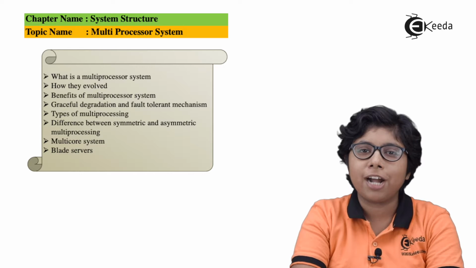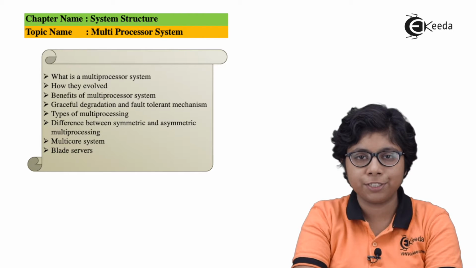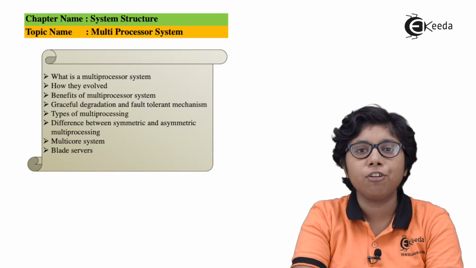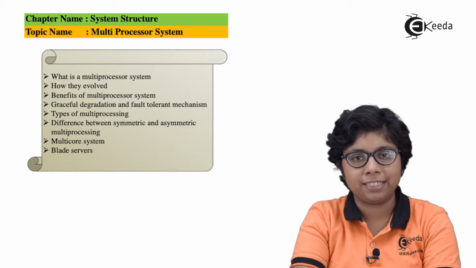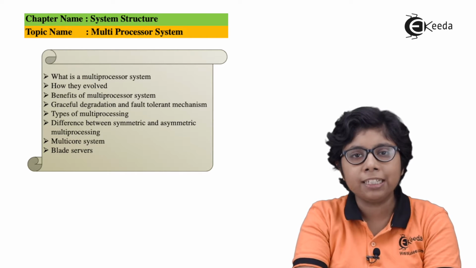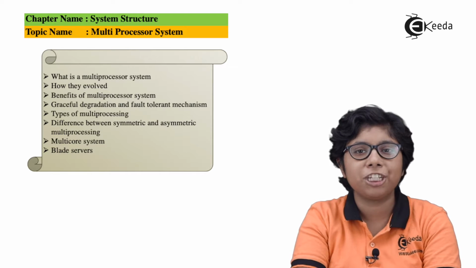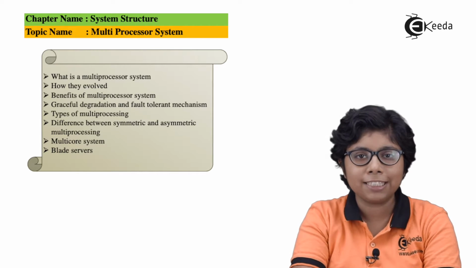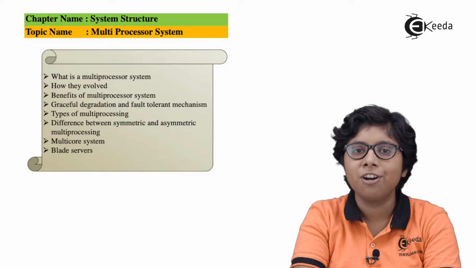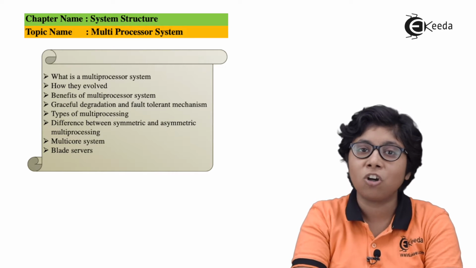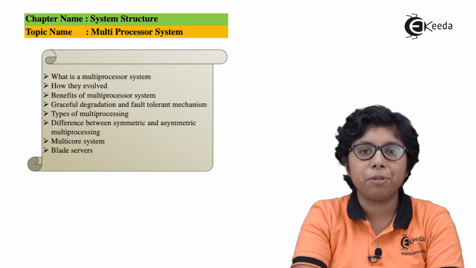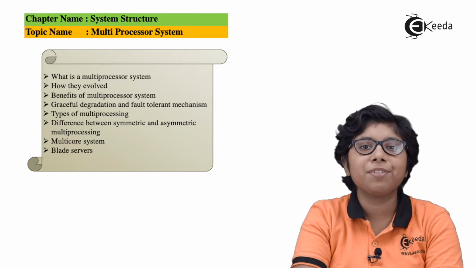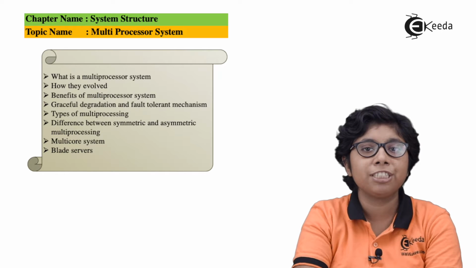The third advantage is increased reliability. If functions and programs are divided properly among the processors, then the failure of one processor need not halt the system altogether. Suppose there are 10 processors in a system and one fails, then the other 9 remaining processors can pick up the share of the failed processor's work, making the system only 10% slower rather than failing altogether. Increased reliability is of crucial importance to a computer system. A system that provides service proportional to the level of surviving hardware is known as graceful degradation.